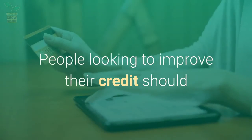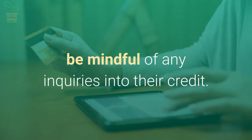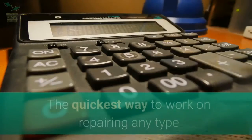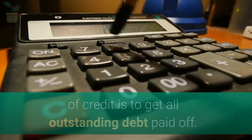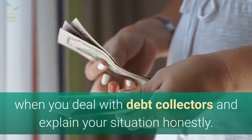People looking to improve their credit should be mindful of any inquiries into their credit. Inquiries are noted on your credit score. The quickest way to work on repairing any type of credit is to get all outstanding debt paid off. Try to work out payment plans that you will be able to follow when you deal with debt collectors and